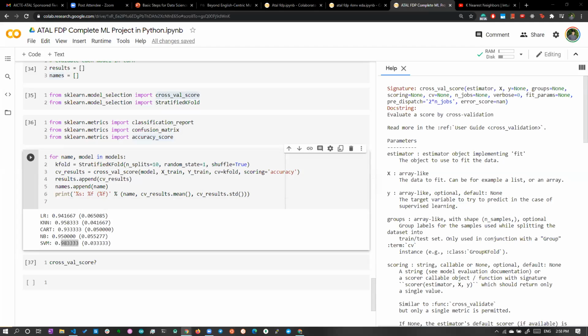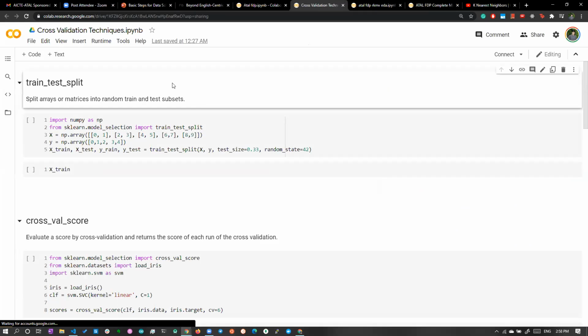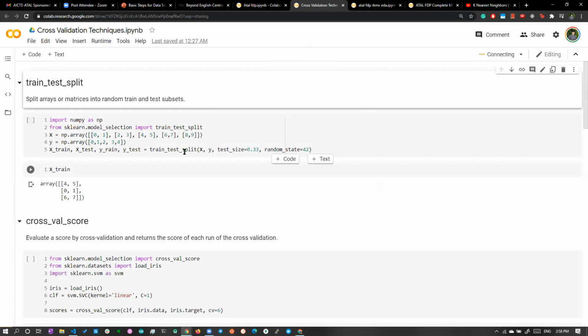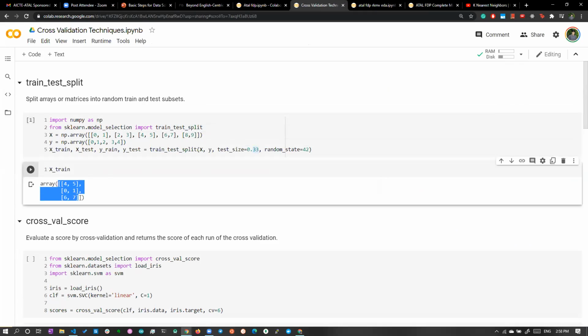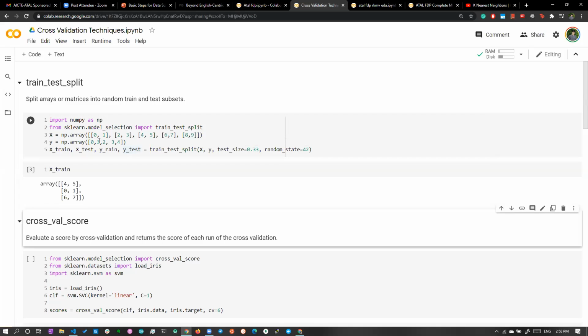Okay, so CV techniques is a new notebook. Okay, so let's take this. So this notebook has a lot of cross validation techniques. Let's connect it. Okay, so you can see you have train test split. You have 1 2 3 4 5 data, 5 input and 5 output data. Now you do the train test split with 0.33 percentage. So 3 data is in training and 2 data is in testing. Okay, and you run it, you get,